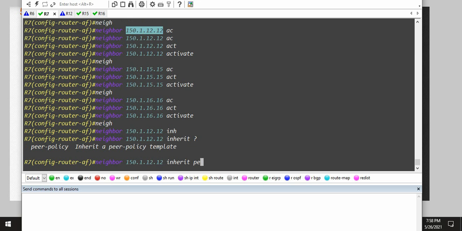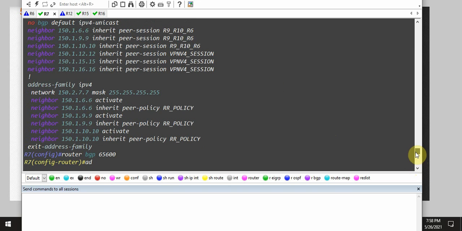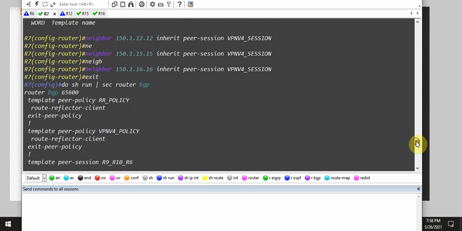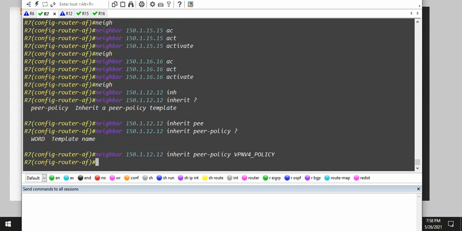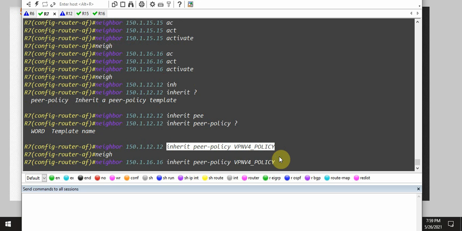Inherit peer-policy. The template is the template peer-policy. This is peer-session. This is peer-policy. This will inherit with route reflector client. This will set the route reflector client toward these 3 neighbors. Neighbor, this is the IP policy. This one,